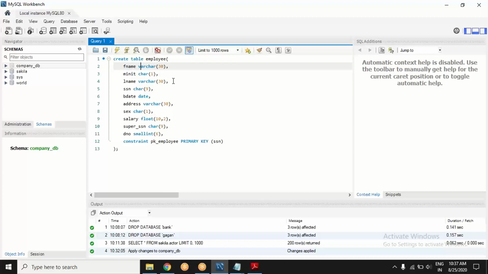Character means alphabets, basically. So it will contain a column fname, which will be a character data type, and it can be of variable length up to length 30. That's what it means as a whole.